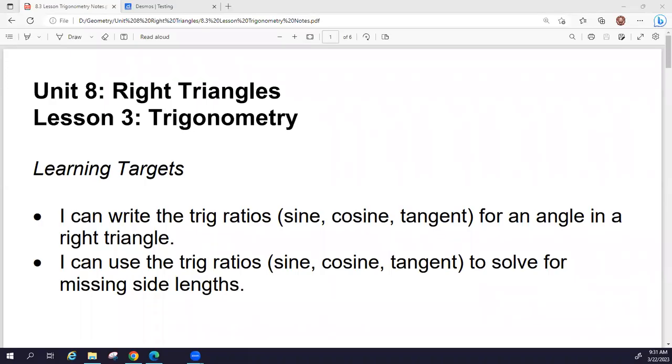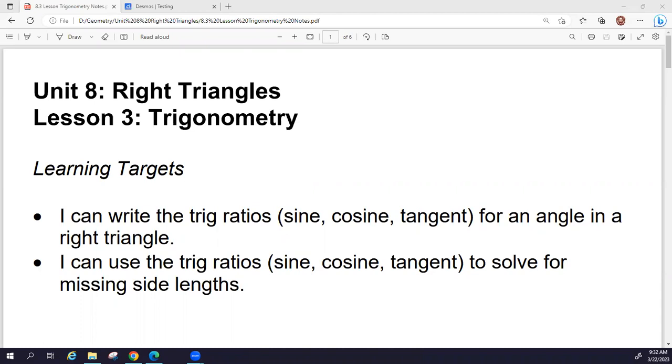Hey, all, today we're going to continue talking about right triangles. We've talked about the Pythagorean theorem. We use the Pythagorean theorem to find missing sides if you know two sides. We talked about special right triangles, and in special right triangles, you really only needed to know one side length